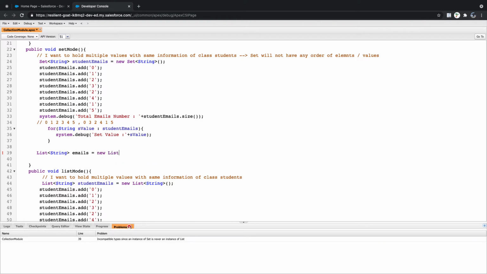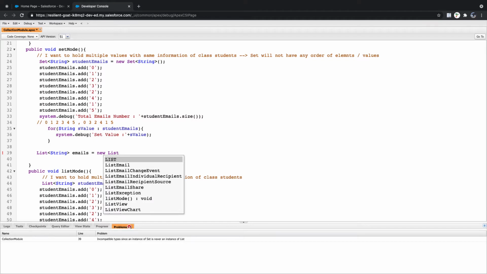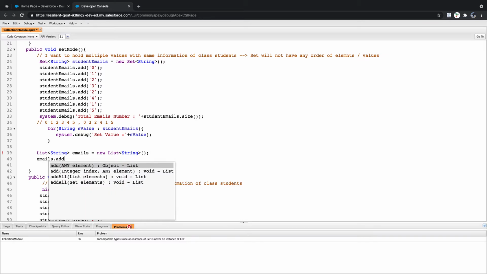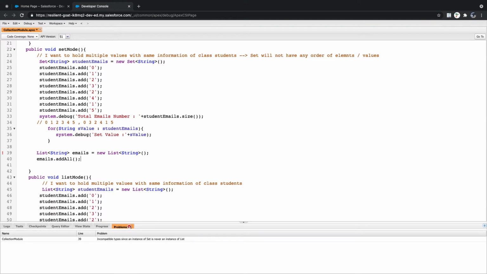Declare a new list of string, and you have a method called emails dot addAll. Using that, you can typecast your set to a list.